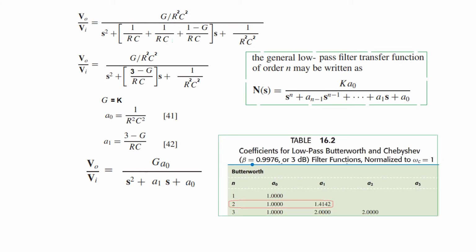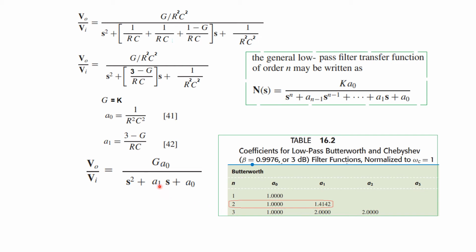And now we'll take help of the table here, table 16.2, to find the coefficients. So this is valid for Butterworth and Chebyshev filters. For second order, ours is the second order. For second order, A0 is equal to 1 and A1 is 1.4142.